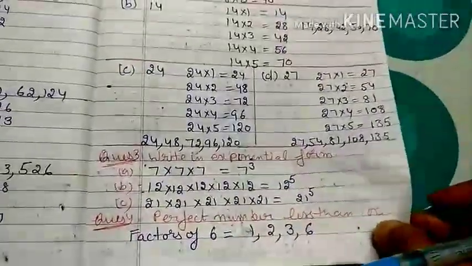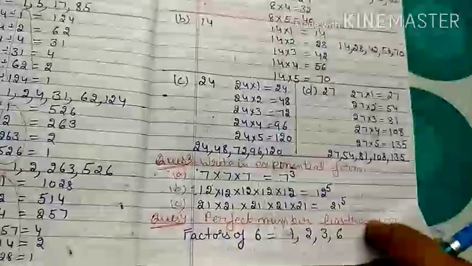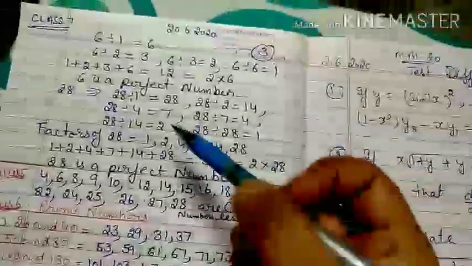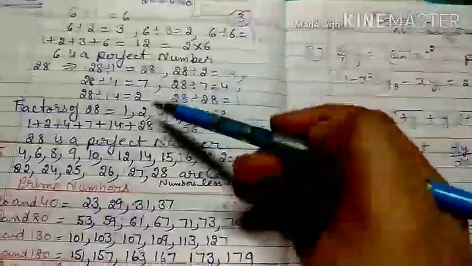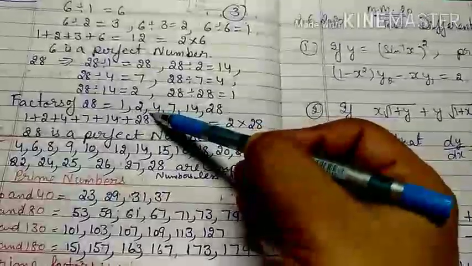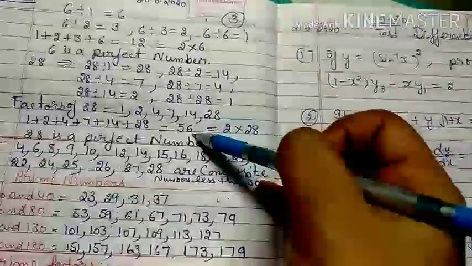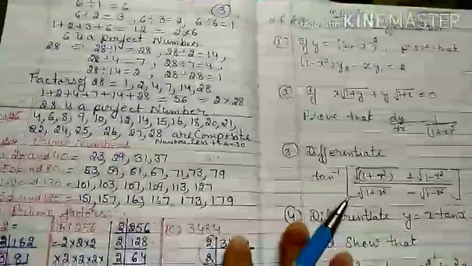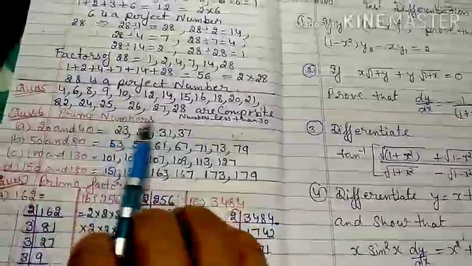Now, if you have to find a perfect number less than 100, you can choose any number randomly. If I check randomly, I found that there is no perfect number other than 6 and 28. So only two perfect numbers are there. 6 I already told you. When you write the factors of 28, they are 1, 2, 4, 7, 14, 28. When I add the factors, I get 56. 56 is twice the original number, so 28, as well as 6, is a perfect number.